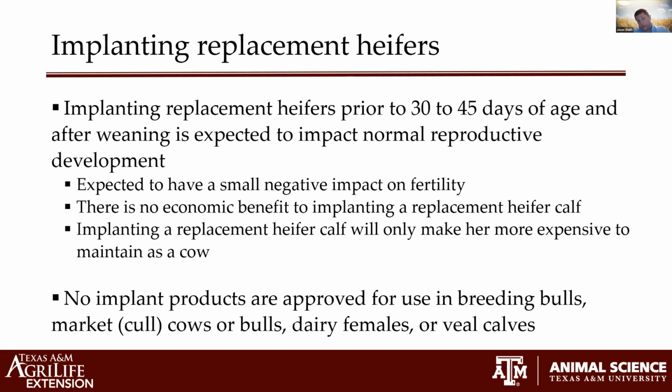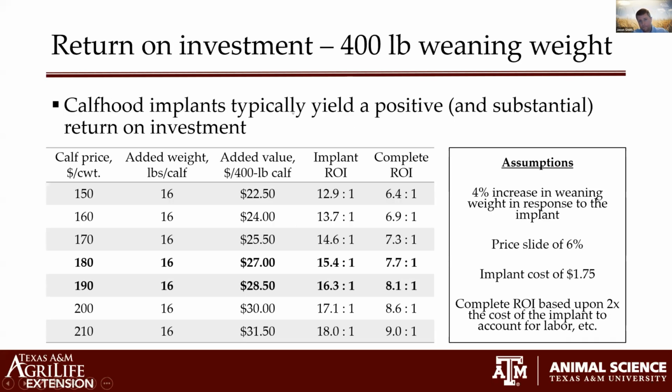There are no implant products that are approved for use in breeding bulls, even if they're bull calves intended for breeding. Okay. There are no products that are approved to be used in what I'm going to refer to as market, but we commonly refer to as cull cows or bulls. There are no products approved to be used in dairy females intended for milk production. There are no products approved to be used for veal calves. Okay. So none of the implant products are approved and therefore labeled to be used in any of those classes of cattle. Okay. I've got a series of slides here